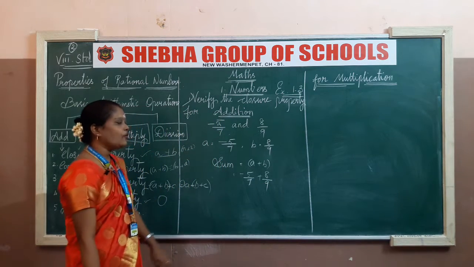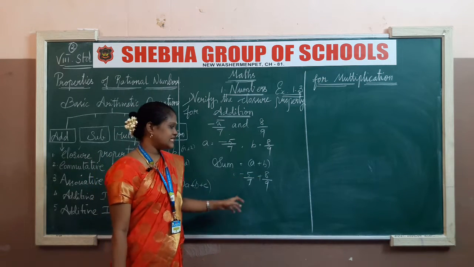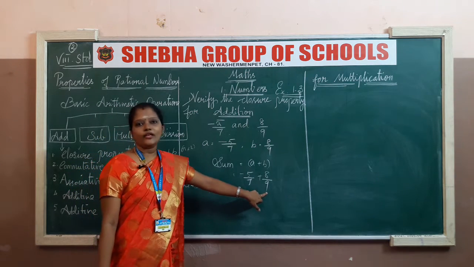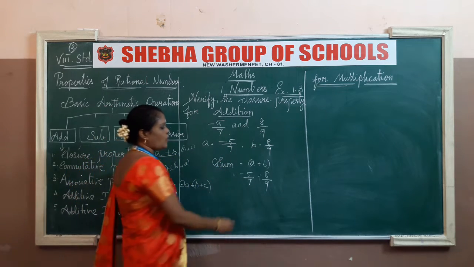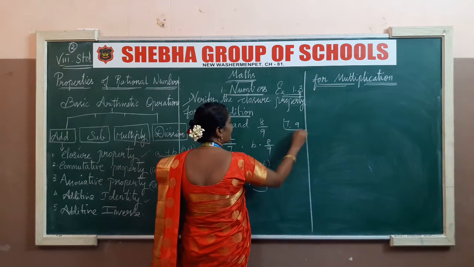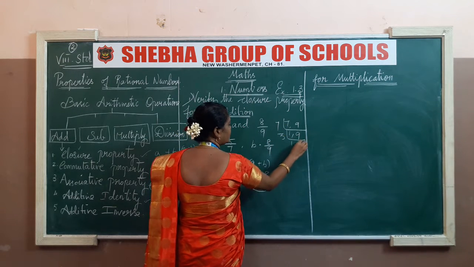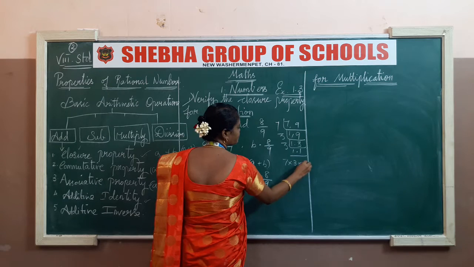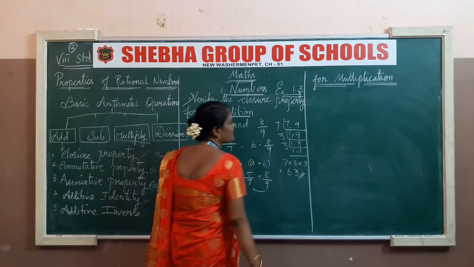Very good. Now, we are going to add these 2 numbers. What is the answer? 5 plus 8, over 7 plus 9. Am I right? Yes, very good. Because the denominators are not the same, for that we have to find the LCM. The denominators must be the same. So, I have to find the LCM for these 2 numbers, 7 and 9. Find the value separately. In the 7 table, 7 ones are 7; 9, 3 threes are 9, again 3 ones are 3. Yes. Now, multiply all the 3 numbers. 3 threes are 9, 7 nines are 63. So, this is our LCM.